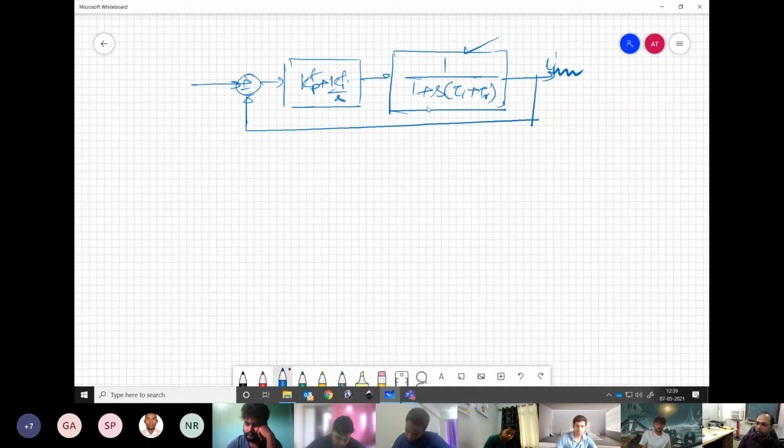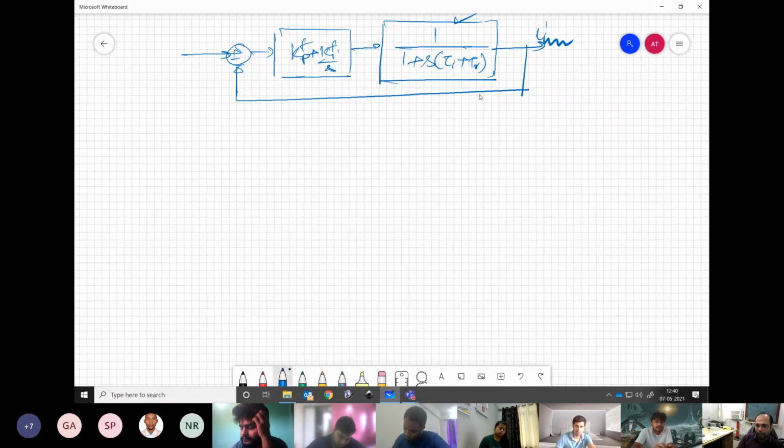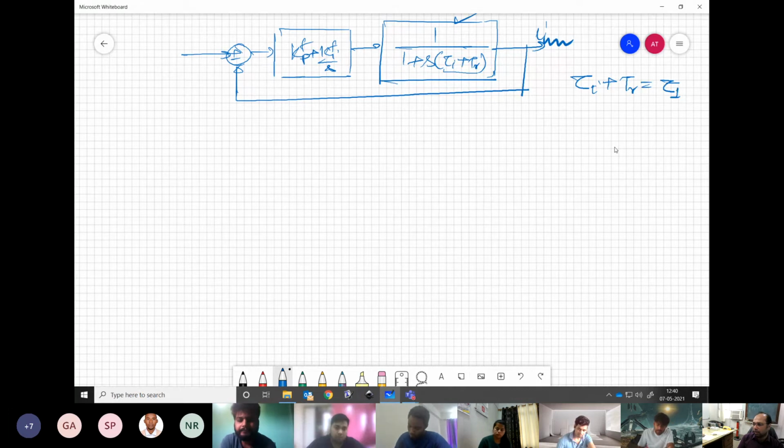So this is how judiciously we are designing the system. What it needs, what we have to do, that is how we are designing. Now, what I will do as of now. So now this is a simple quantity, no? Tau I plus tr. This is another constant. Let me call it tau 1 in general, right? There is no problem in that, both are constant values. So I can replace it with a fixed number tau 1. That is fine, right?